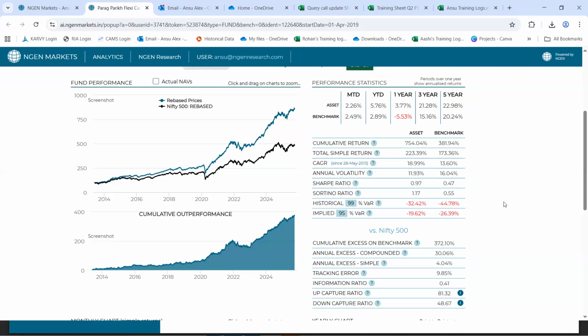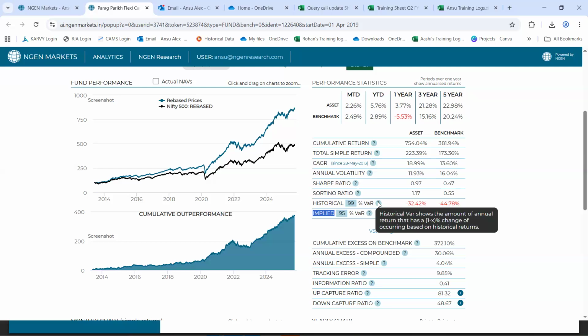Now, there are two VARs that you can have a look at right here. One is mentioned as historical VAR, and the other is mentioned as implied VAR. The understanding and the calculation methodology remain the same. The only difference is the parameter that is taken under consideration to calculate each.